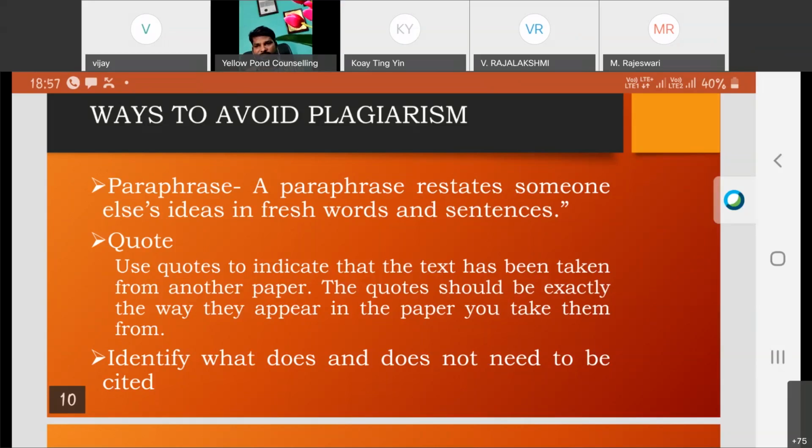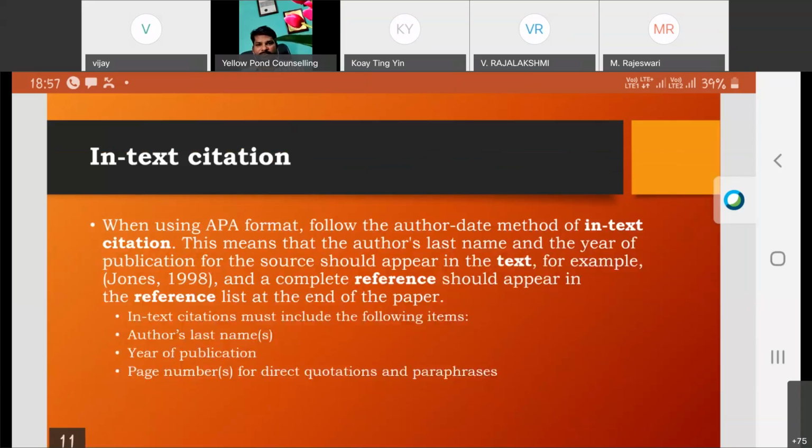So when we're talking about citation, we have to be thorough about the reference style. Without thoroughness about reference style, we cannot give appropriate citation to the original author in our research material. So when we're talking about citation according to APA style, we can say there is in-text citation